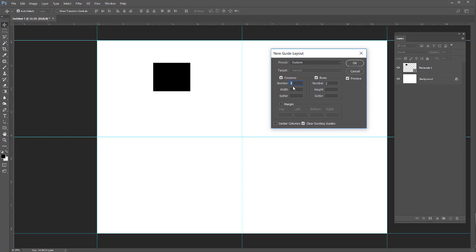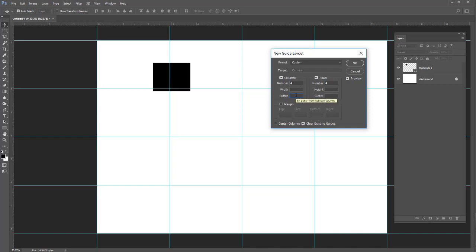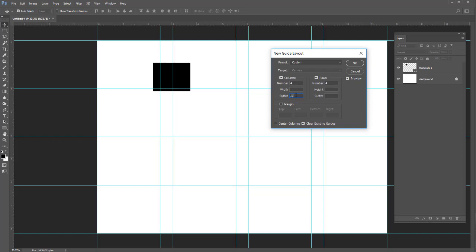So I can say I want, let's say, 4 columns, and we'll have 4 rows. And you can define a width and a height, and we can put a gutter, and the gutter is basically the piece in between. So if I have a guide, let's say a half, so now I've got a 1/2 inch gutter between each one,